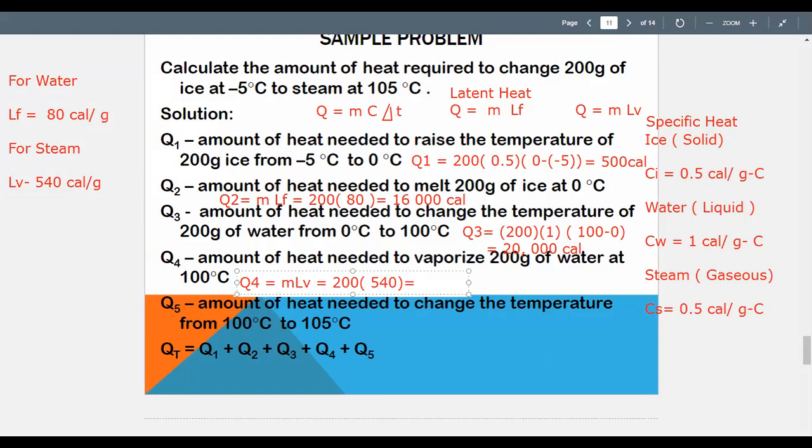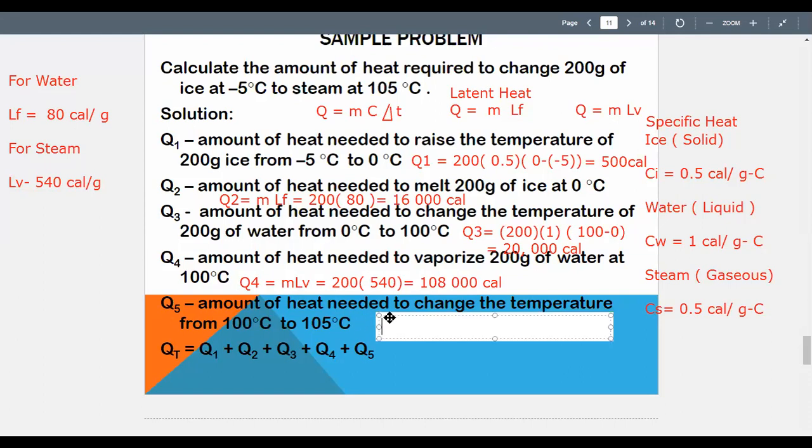because you will have to split the boiling water and make it into a gas. So that's 200 times 540. So you'll need a huge amount of energy there. That's 108,000 calories. That is a very large amount of heat you need to be able to make it into a gas, to evaporate. Now Q sub 5 is our